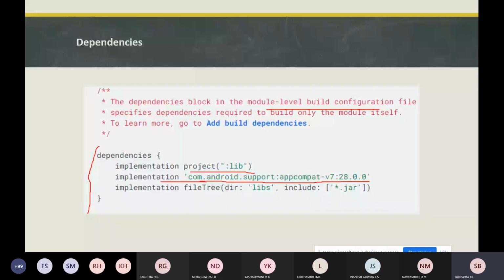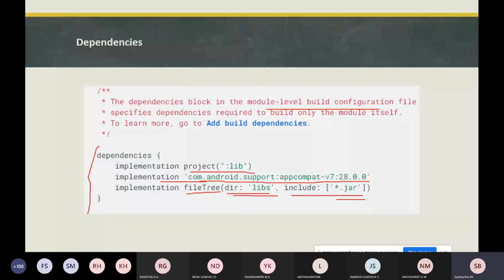It means dir libs, and include *.jar, which adds a dependency of all .jar files inside the libs directory. So all the .jar files will be included from the libs directory.